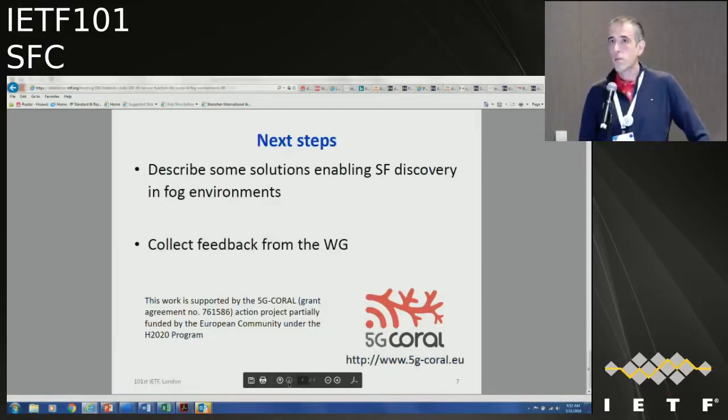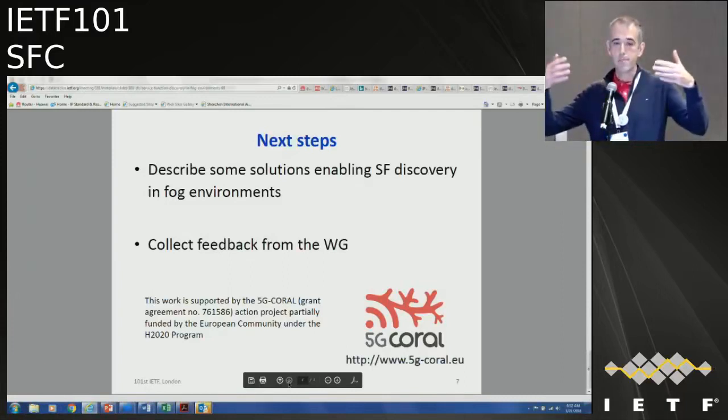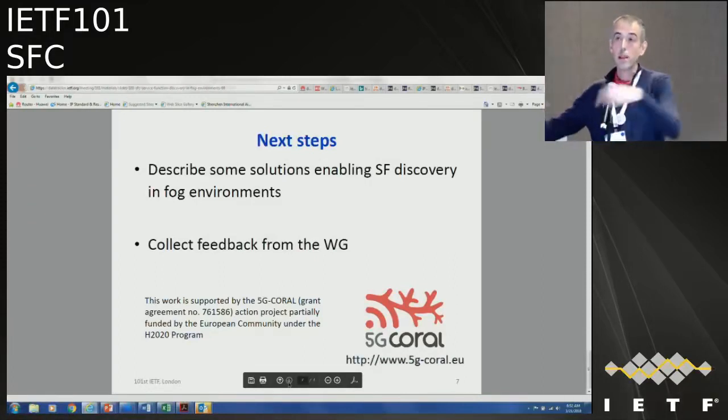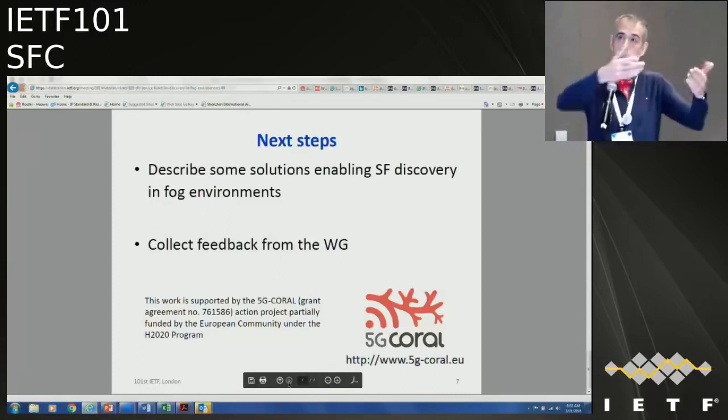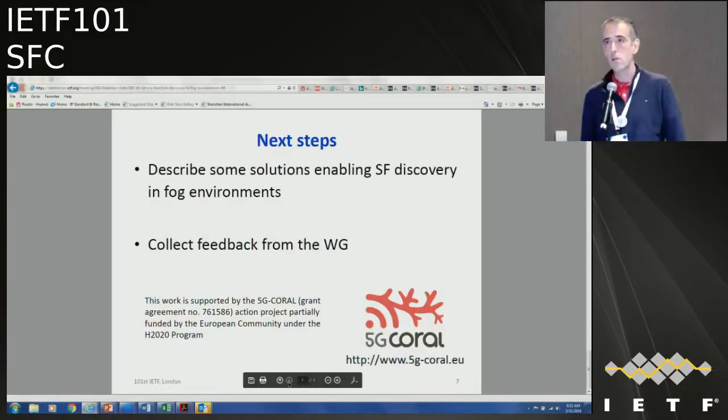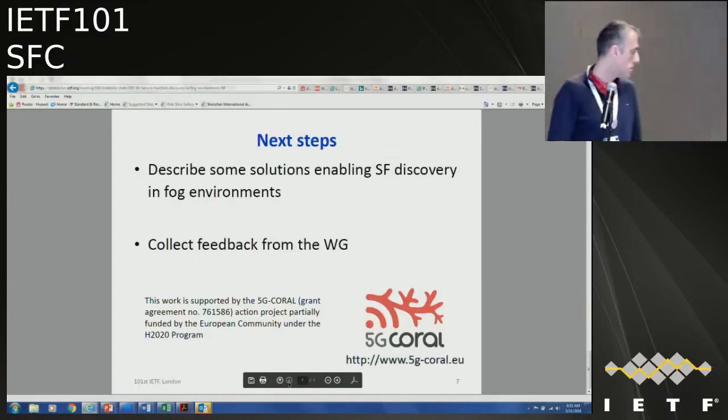Yeah, that's also a very good point. Related to this, it's not exactly the same thing, but something we are also exploring, maybe not for SFC but in general for this environment, is, when you have multiple points of attachment you can connect to, deciding which one to connect to based on the availability of the functions that point of attachment brings. So this is something that we are considering as well. Maybe it's not for the SFC working group, but it's also in the scope of that. That's why I was thinking maybe PVDs would be a good way to get this information, but if it's really dynamic, it might not be appropriate. So, okay, thank you very much. Very good feedback. Thank you.